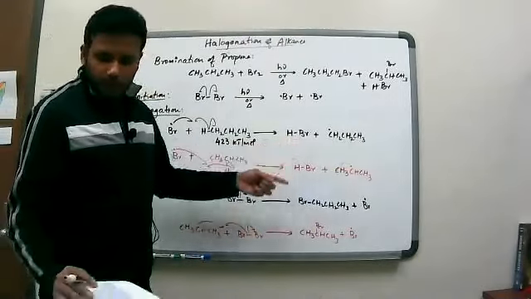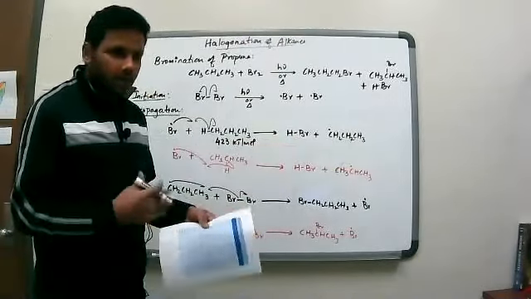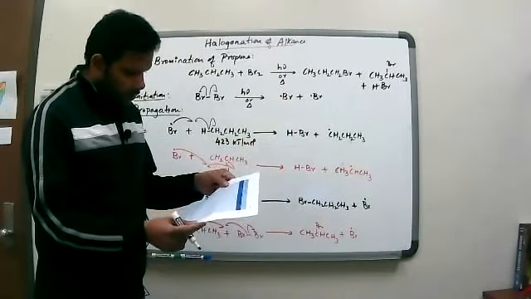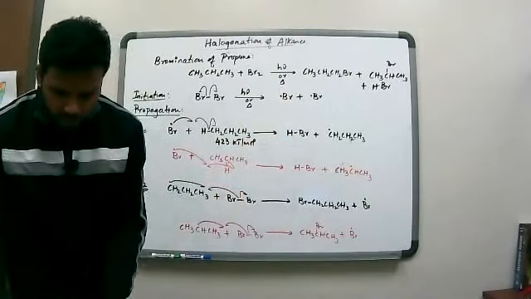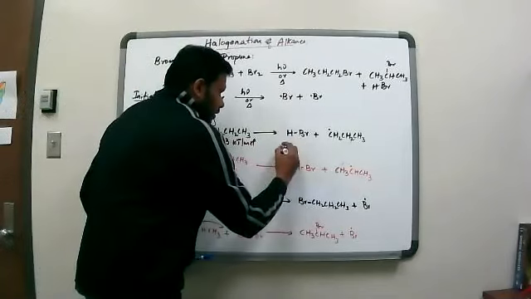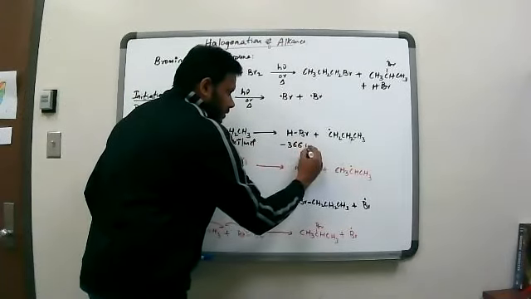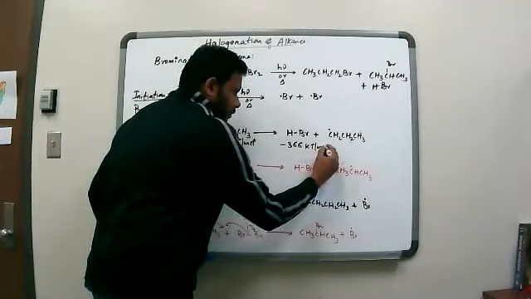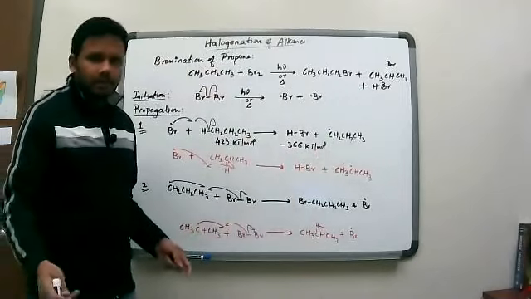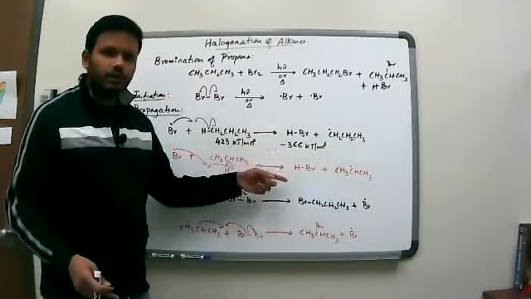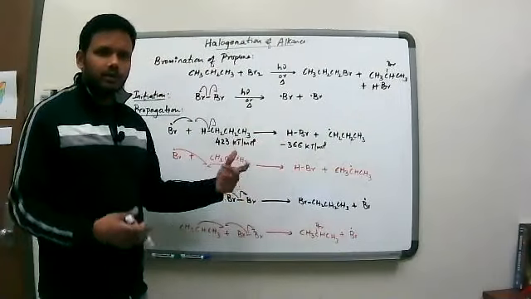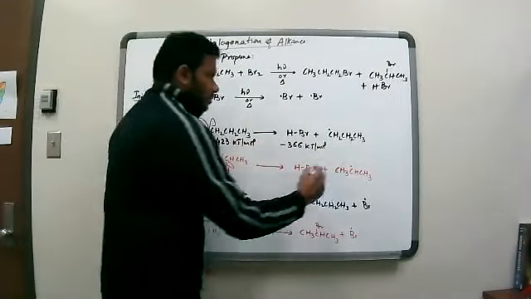Now on the product side, we have HBr forming. So from this table, I can see that the formation of HBr is negative 366 kilojoules per mole. It's not negative here, it is a positive number, but since it's formation, I'm using negative